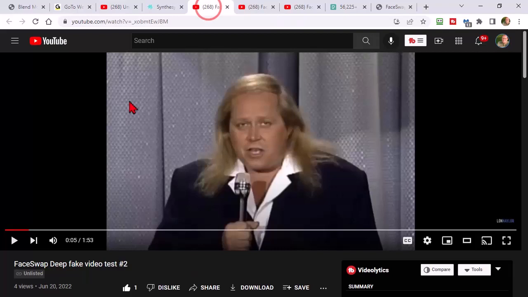So here's what I've been playing with. Essentially what it does is it allows you to take a video clip or an image, video clips or images, and swap out the face. It uses artificial intelligence to pick out a face, and then you tell it what you want to replace it with, and bada boom, bada bang, it does it. They kind of call it deep fake. This is a fairly decent fake, not like some of the super advanced AI stuff where they'll make movies and won't even need actors anymore. Seriously. They'll just need faces.